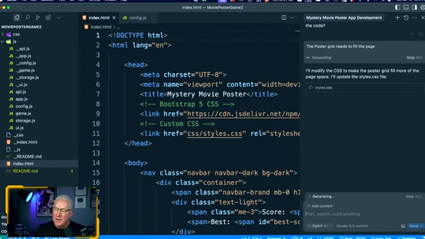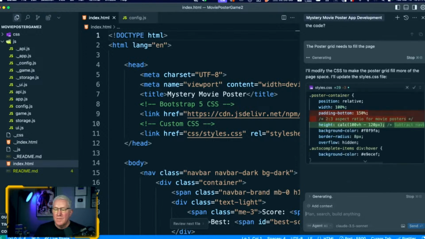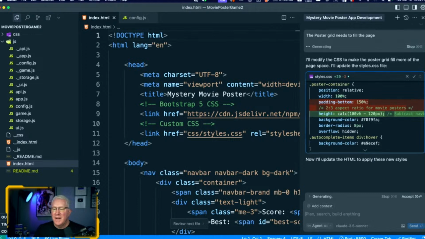Little vibe coding. What do you guys think of vibe coding? Anybody got any comments here? What do you think so far? Is this going to work? I'm interested. Has anybody else messed with this? Anybody else in chat done anything with this and actually built anything with it? Ooh, it's using that height calc minus 120. Okay. If you have, put it in chat. I'm interested.